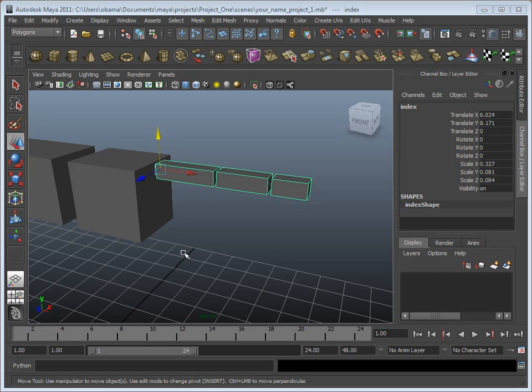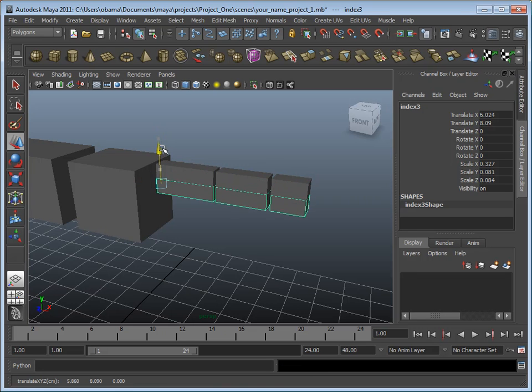I took 2 steps backward from where the last video left off. And imagine I've got this selected, and then I shift click and select, and then hit the P to parent these together, and then of course we're going to parent that together. Okay, so now we've got the index finger selected, and I'm going to duplicate the index finger and drag it